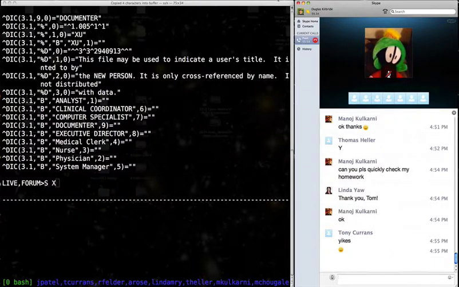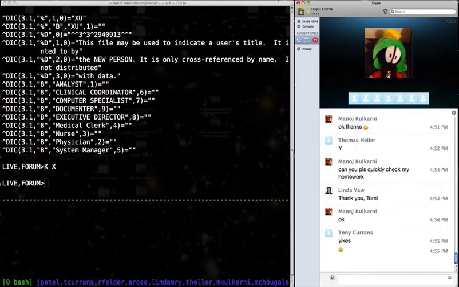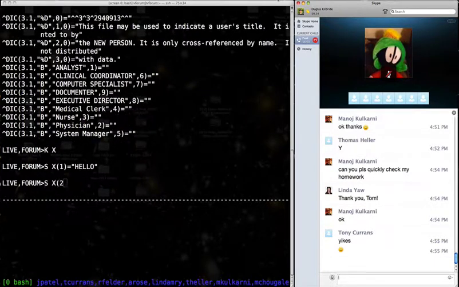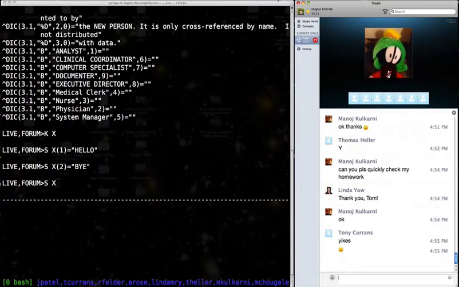So we're going to kill X. We're going to set X sub 1 equal hello. Set X sub 2 equal bye. And set X sub 3 equal